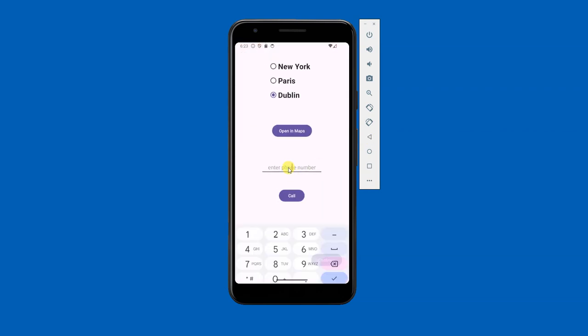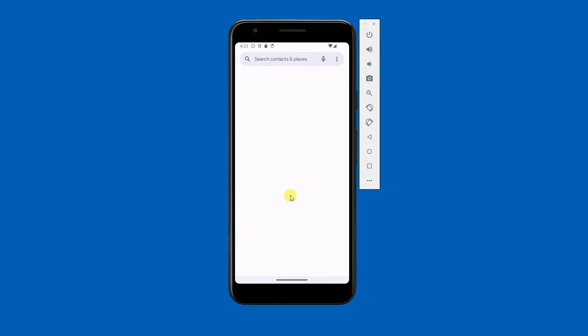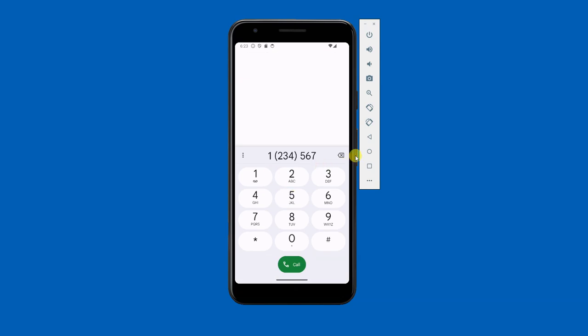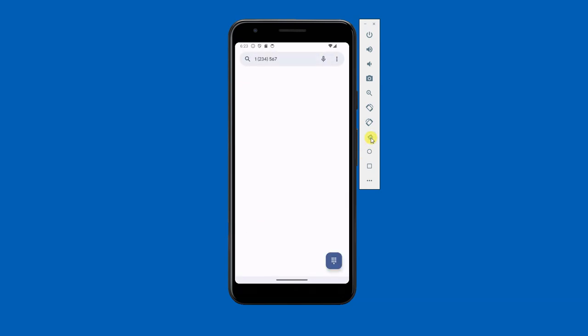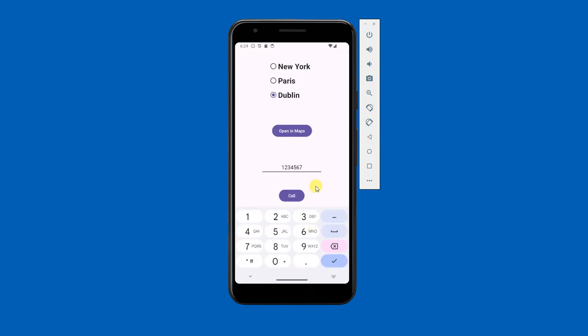Now here, if I was to type in a number and hit call, it'll open up the phone app with that number ready to call. And then finally,